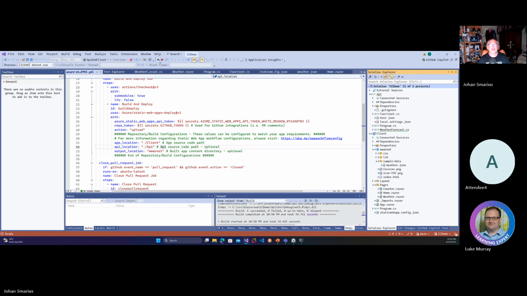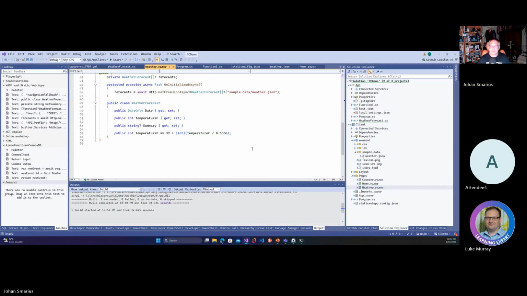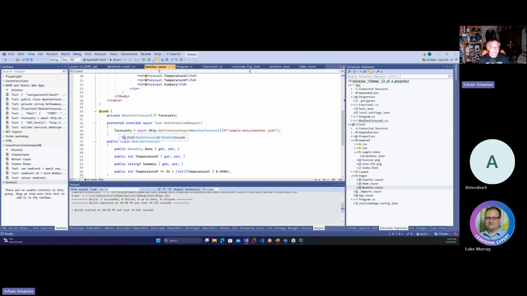Because, oh, that's not what I can do. Because there is something that I need to change. Because, of course, I need to change the location of this one. So what I'm going to do is I'm going to say, well, the API is going to be called for the weather forecast. Because if you look at an Azure Static Web App, the API is an integral part of the Azure Static Web App. So the Azure function is not separated. So I only separate it by API. So this should work